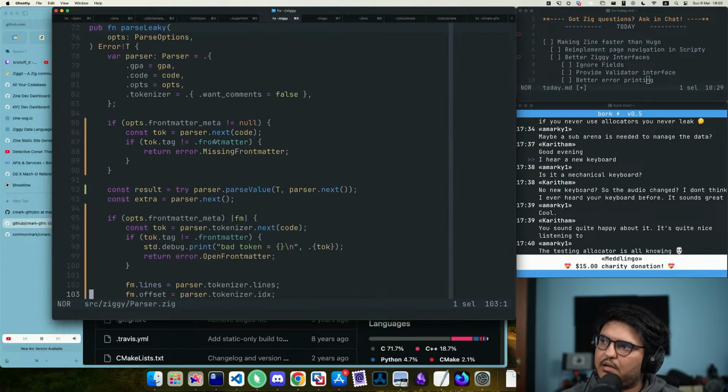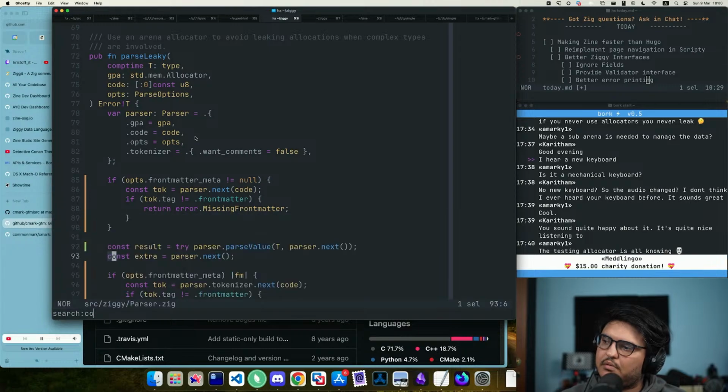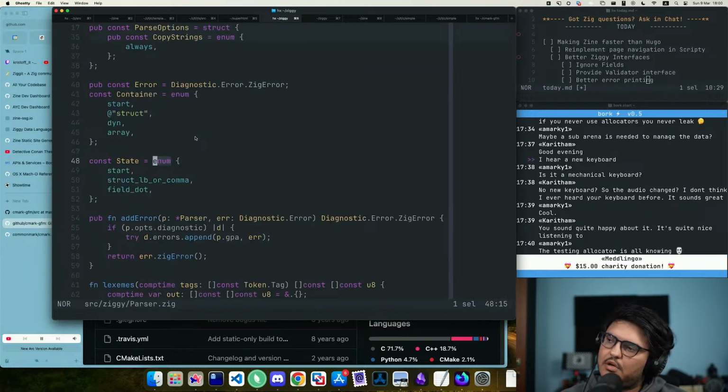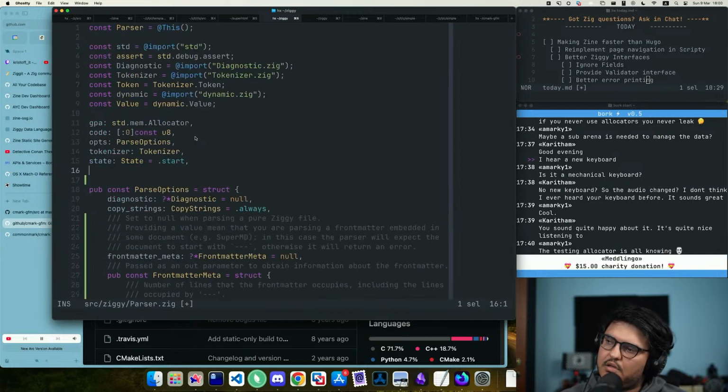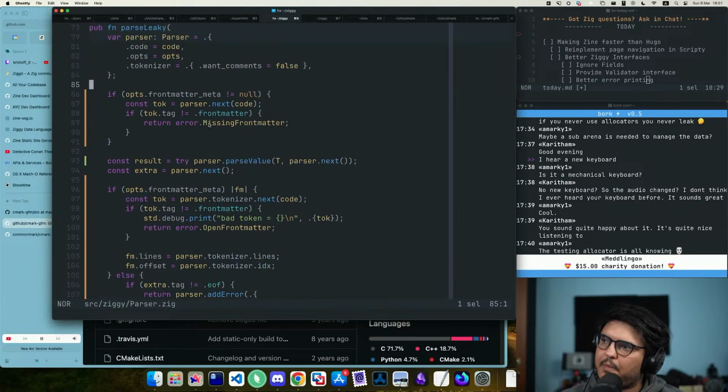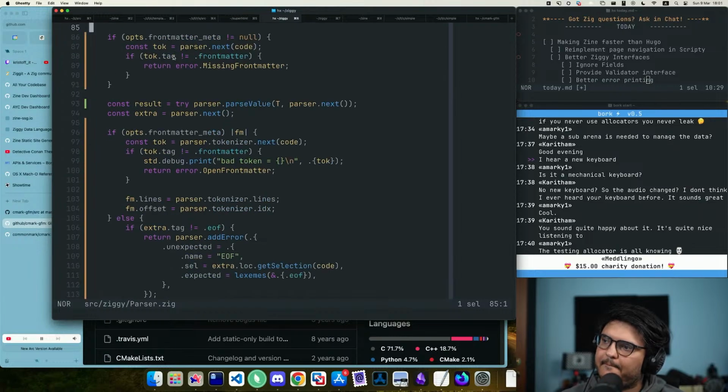we need just to add this stuff to parser. Oh, right. Which is up here. Oh, the parser has a state. Start, left bracket or comma, field, dot. Interesting. Close front matter starts at false. And say if front matter meta